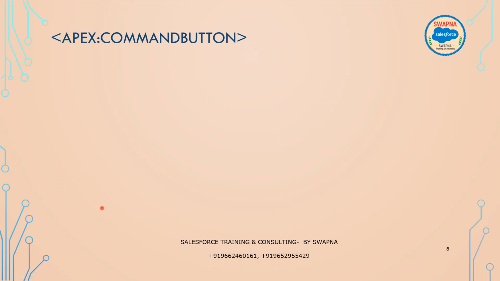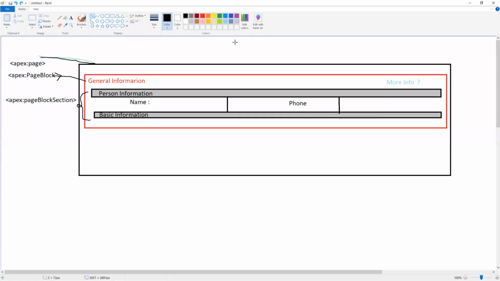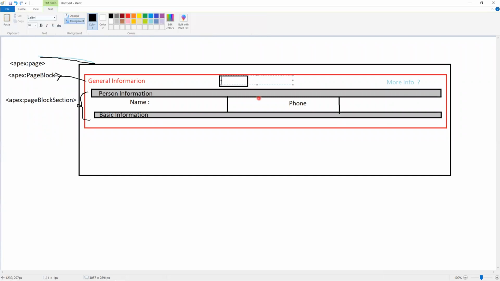Now, so far whatever we have implemented, we have implemented page block section. But now I wanted to add one button here. Assume that we have so many buttons, like a save button, cancel button, new button. What are the buttons that are there? Now, if you go to Salesforce,